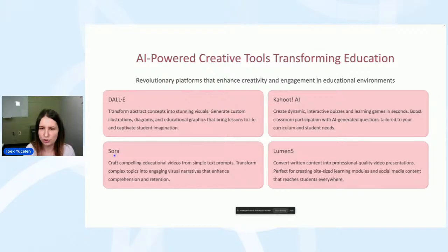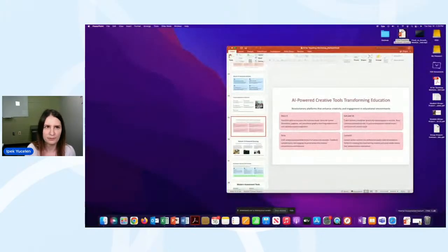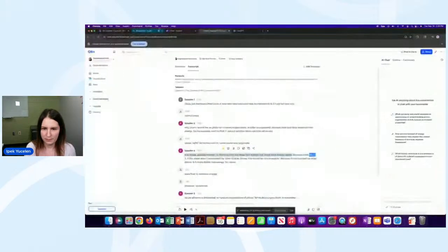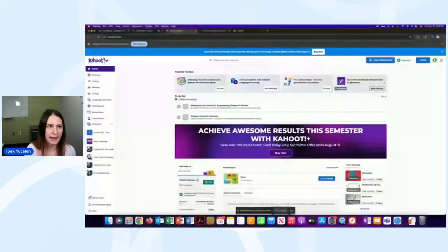Let me try to show you, because AI is now integrated into Kahoot. Hopefully everything works well. Let me know if it doesn't. But here is my Kahoot. If you have access to Kahoot, it requires a subscription.